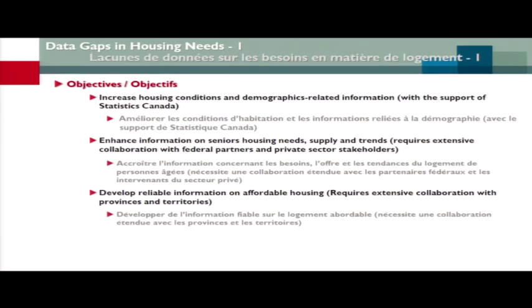Housing data gaps. Housing needs is something that we started in 2015, in Q3, Q4 2015. We started to put a team in place to analyze the need internally. We're going to have more consultation this year, internally and probably externally after that. And we are going to try to come up with as much information as possible, among that housing needs, supplies and trends. There's also information, for example, on seniors that is quite important for you guys,